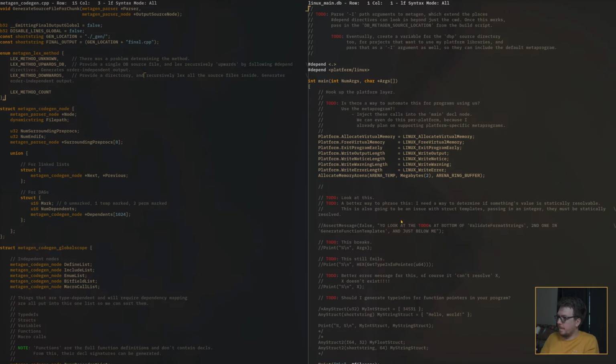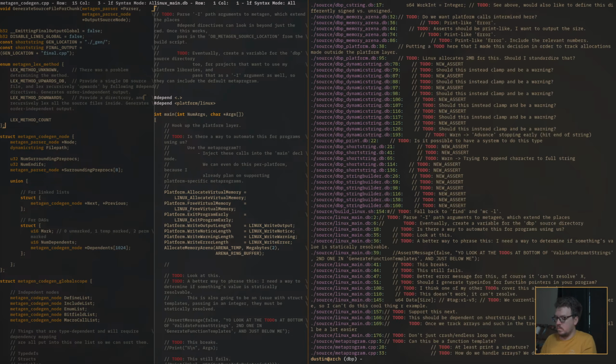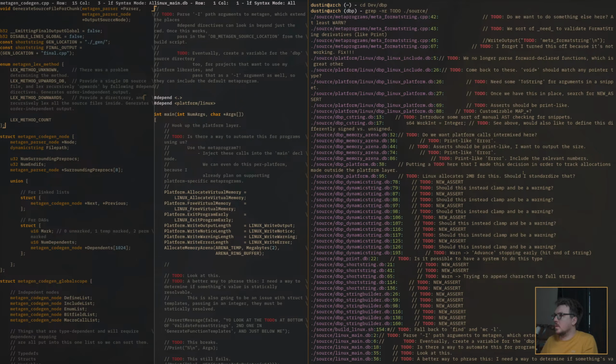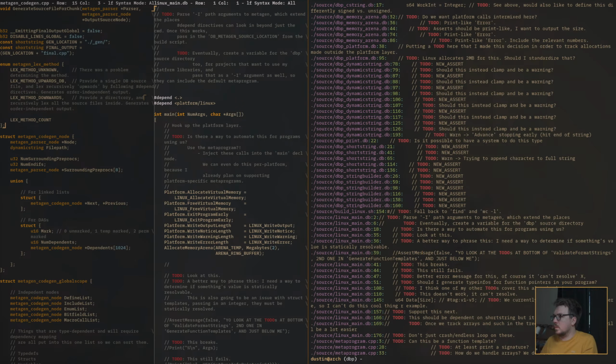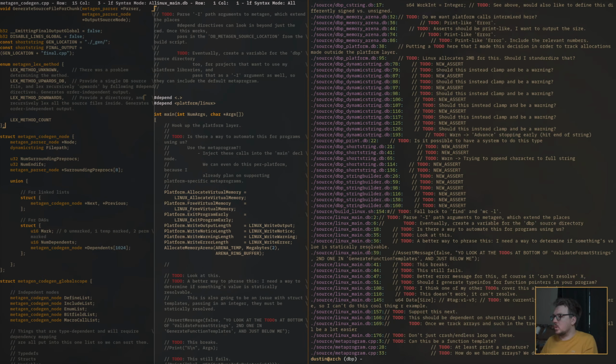which, if I go to specifically just here, there's a lot of them. This is all just in what will eventually be our platform layer, but a lot of these to-dos are from the metaprogramming.